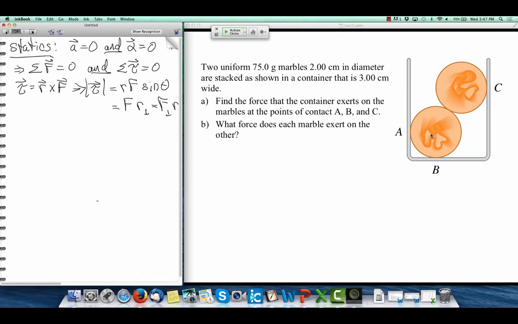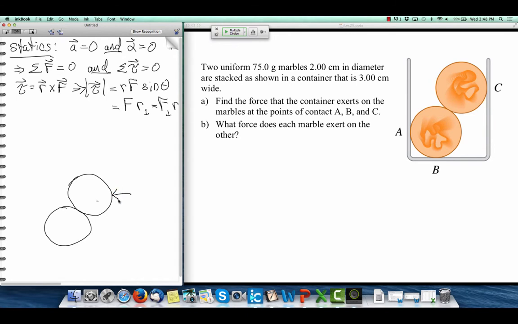The reason it's set up that way, let me point out that in a statics problem like this, you can take whatever physical system you want to. If I take the two marbles as my single physical system, then I don't have to worry about forces in between those two marbles. I only have to worry about external forces. So if I take that marble and that marble as my physical system, which I can do, then I know that